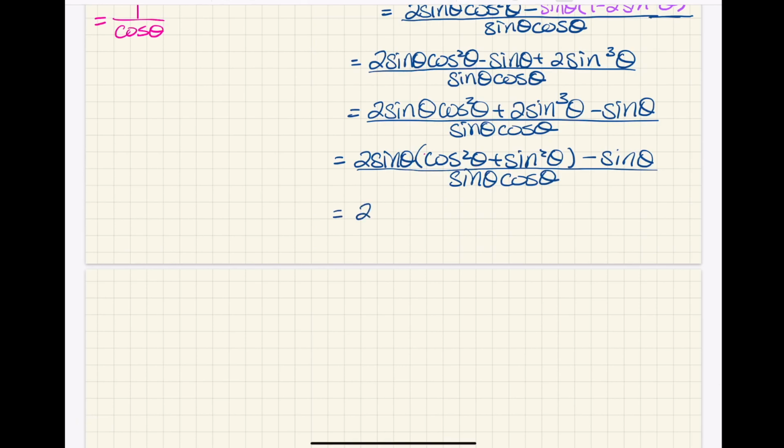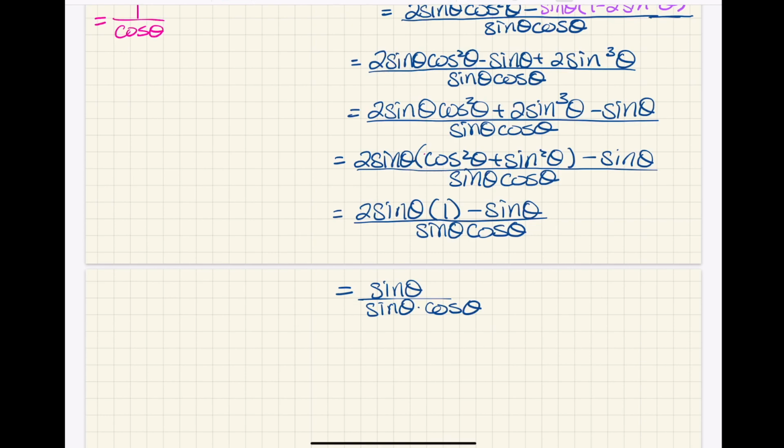So that's going to be 2 times the sine of theta. I'm going to show that multiplication of 1 just to really make sure everyone sees what I'm doing on YouTube. So 2 times sine of theta being then multiplied by 1, the substitution of that being equal to sine squared plus cosine squared is equal to 1, that Pythagorean identity, the first one, the one we use most often. Over, so we have 2 sine theta minus sine theta over the sine of theta cosine theta. You should be getting excited. We are almost done. That is going to be sine of theta over sine of theta times cosine of theta.